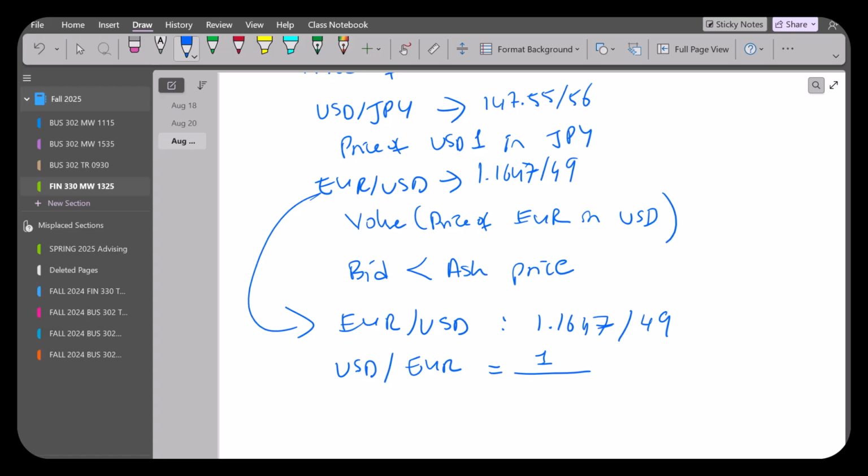The bid for US dollar should be calculated using the ask for euro. Okay? Because the ask for euro means what I am willing to sell 1 euro for in US dollars. But if I'm buying the US dollars, it has to be calculated using 116.49 versus